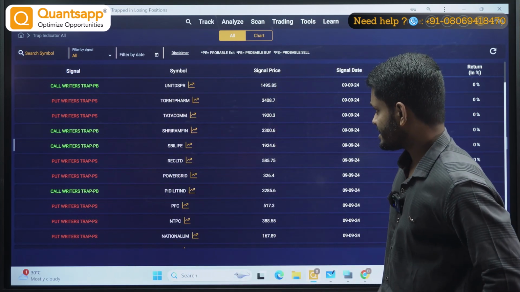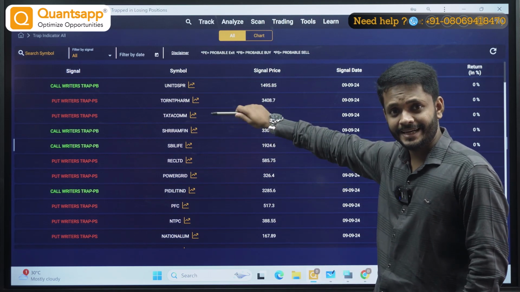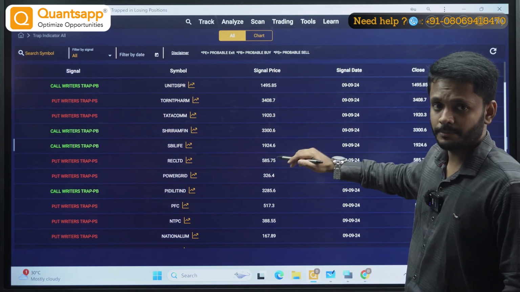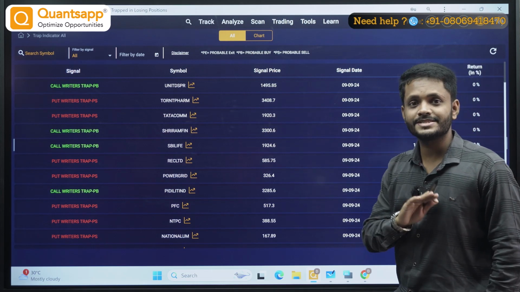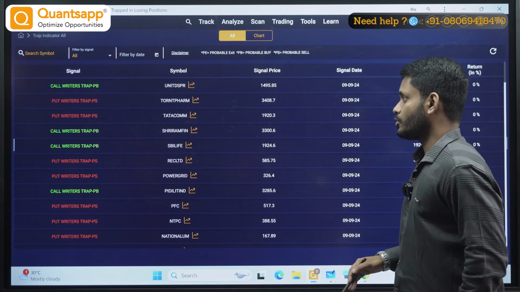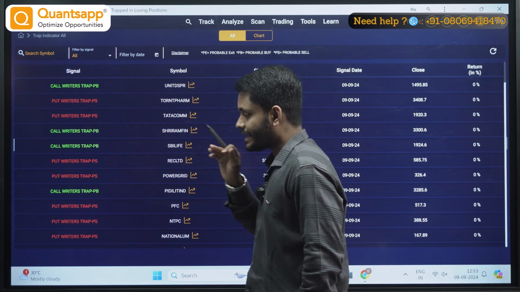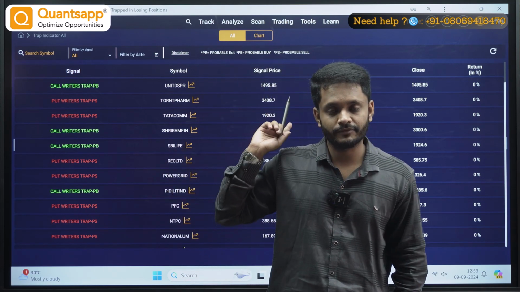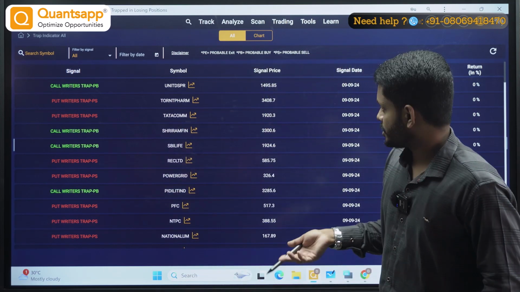Now say for example, if these signals are intact post 3:30 p.m., whatever signals I am seeing now is irrelevant for me. Post closing, if these signals are intact, I will consider this and I will go and take a second confirmation. Okay, so let's